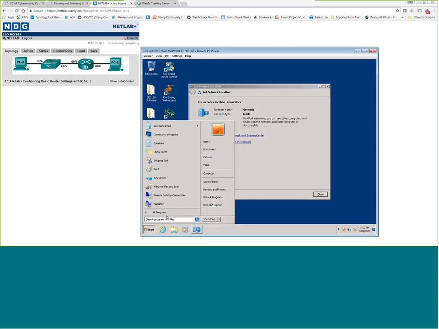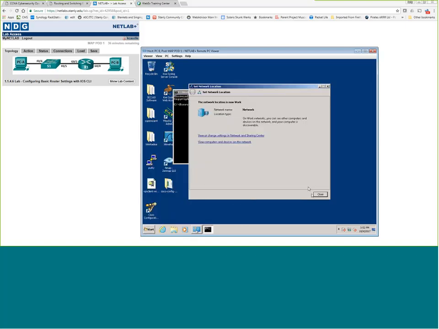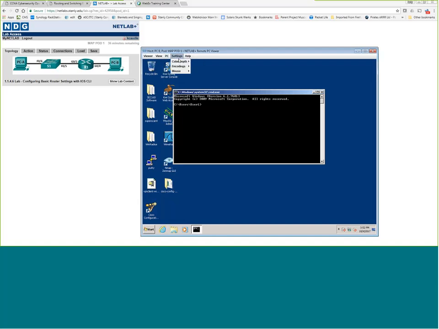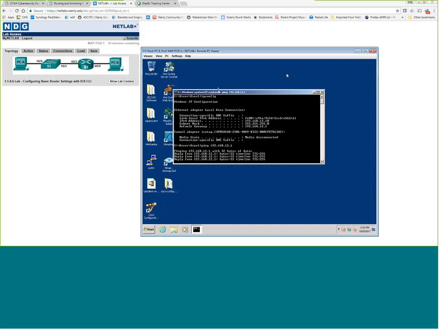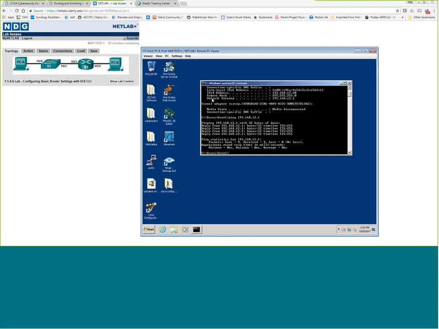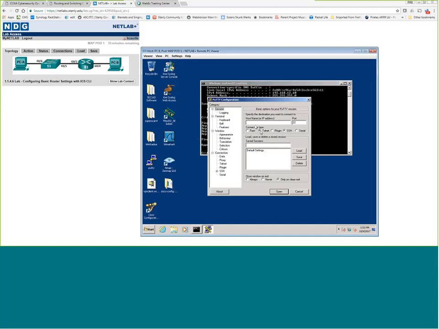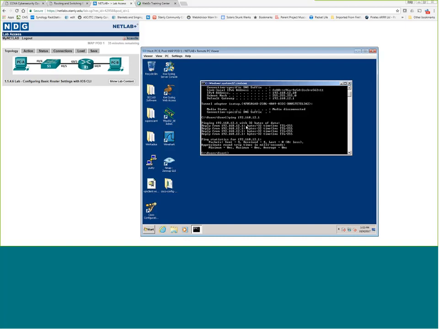Okay. I'm going to CMD. And let's see if I can make this bigger. I don't think I can on this. Let's just do an ipconfig, and you will see that I've got an IP address of 12.10. I'm going to ping 192.168.12.1. Works fine. But then I'm going to try to, from PuTTY, I'm going to try to telnet to 192.168.12.1. And it's going to fail. So it just closes. And that is because I have not enabled